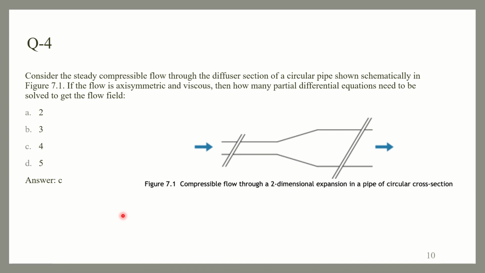Although there is a mention of circular pipe, it is mentioned that the flow is axisymmetric, and therefore we are considering it in a 2D plane. So here we have two momentum conservation equations, one in x direction and one in y direction. So now we have three equations, one continuity equation, two momentum conservation equations, and since the flow is compressible,